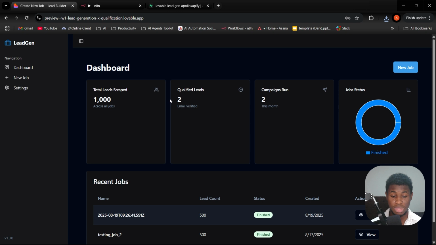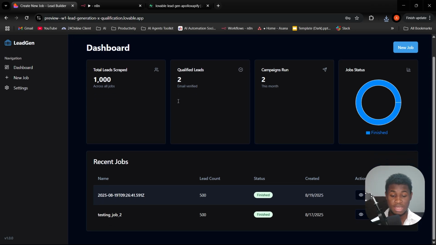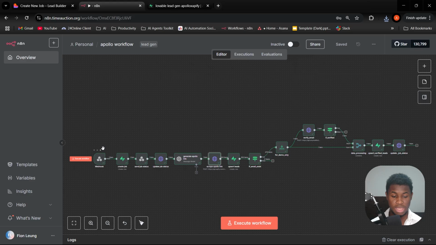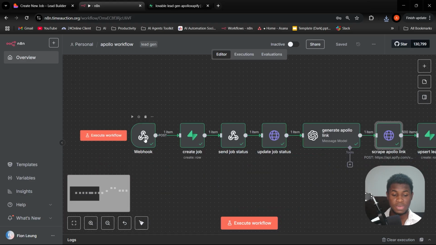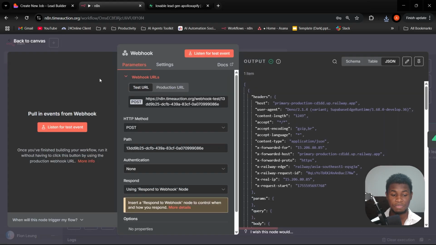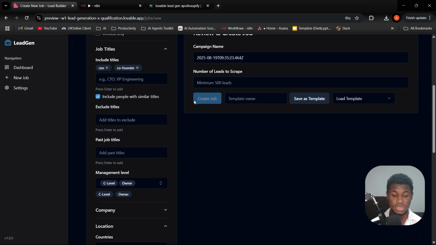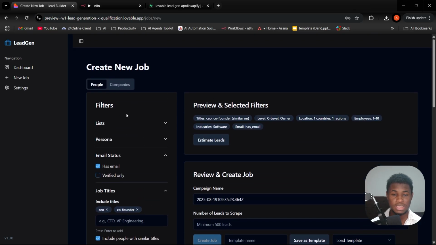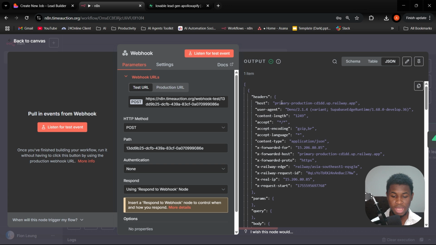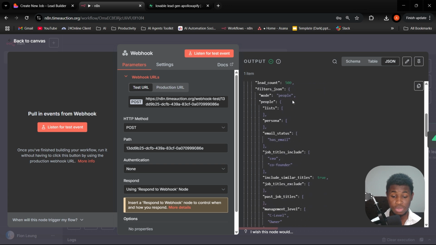I'll show you guys that we have only 2 qualified leads, but we also have 2 campaign runs. We have total leads 1,000, right? And I'll show you guys the n8n workflow now. Okay, so the first step that we have in n8n is the webhook. So whenever we click on this create job button here, it sends a JSON file of all these parameters that we just selected. It's going to send it as a JSON, and I'll just show you guys what that looks